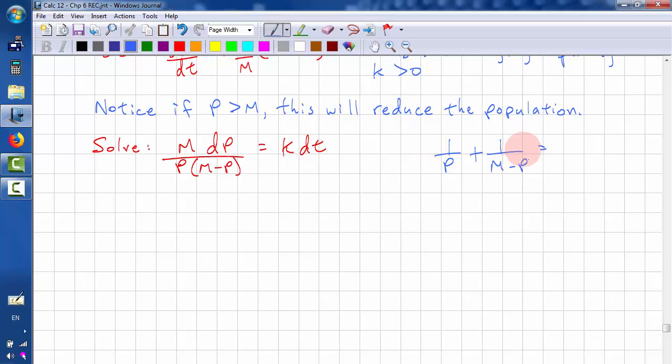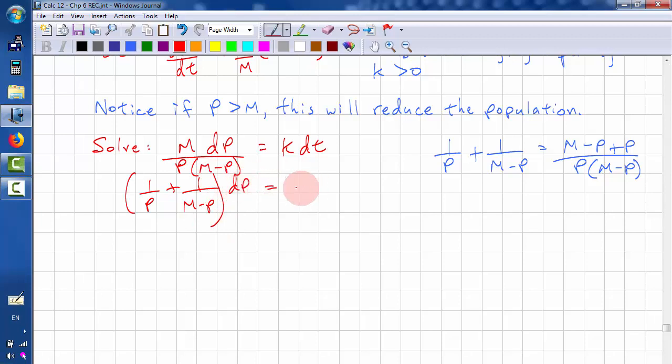This gets P over P. So we get (M minus P plus P) over P(M minus P). These two cancel out. We get M over P times (M minus P), which is what we have here. So let's write that out, 1 over P plus 1 over (M minus P)